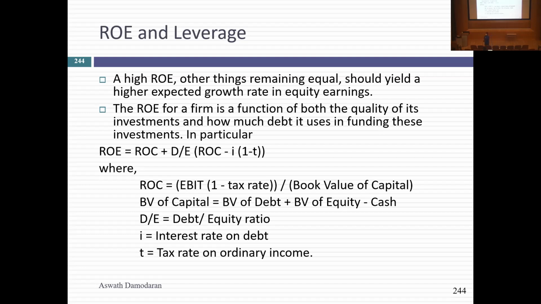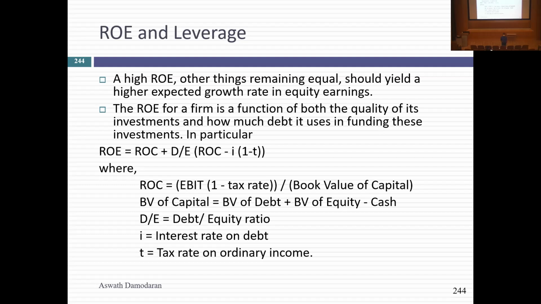And it's very pragmatic. Let's say it costs you 3% to borrow money after taxes. Let's say you make 7% in your projects. Every dollar you borrow, you're making a 4% spread as an equity investor, right? Because you're borrowing money at 3, you're making 7%. So as you borrow more money, if you're earning more than your after-tax cost of debt, your return on equity mathematically will always go up.